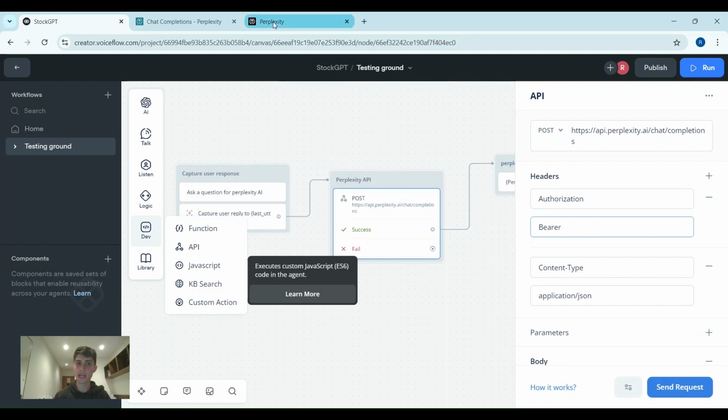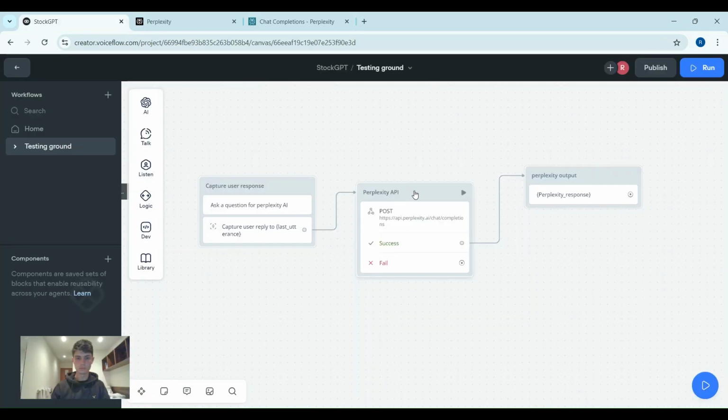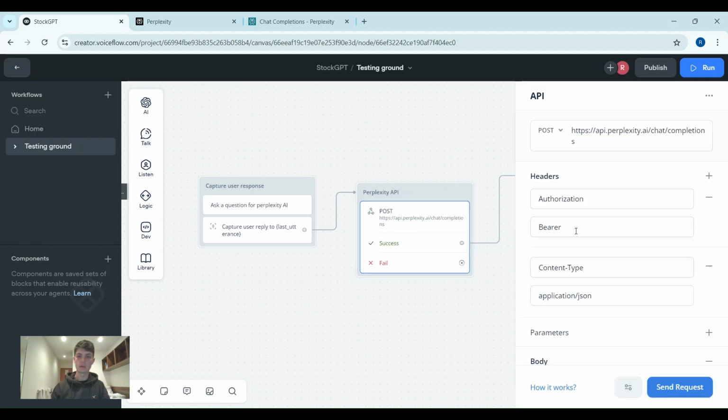Now, how do you obtain your API key for Perplexity? If you go to your account and click on the settings wheel here, you'll be brought to settings, select API. I'm not going to do it because it'll expose my API key, but you'll see an area to generate your API key, as well as links to the documentations. Okay, so once you've obtained your API key, and you've pasted it with a space in this box here after